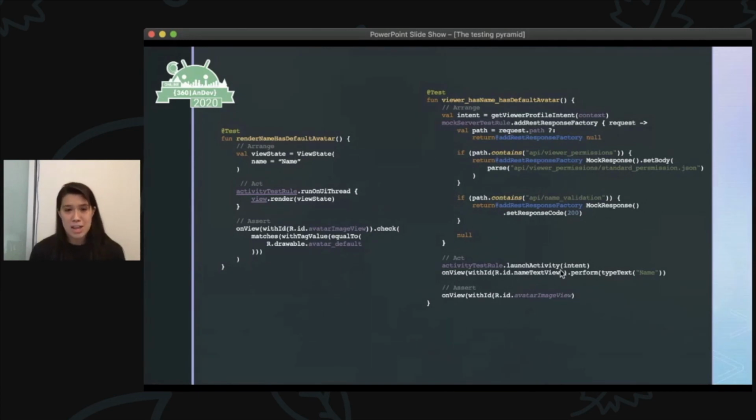So then we launch the activity, and then we have to click on the text view and then perform the typing action. And if anyone's ever watched their emulator perform end-to-end tests like this, you'll know that the typing action is quite slow. So this would take at least a second to type out there. Whereas in the JUnit test, it's already there in the view state and it just renders immediately.